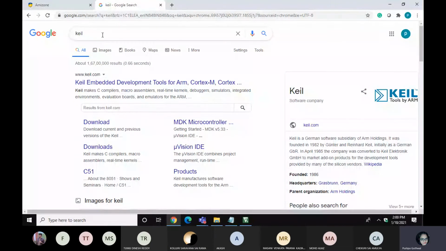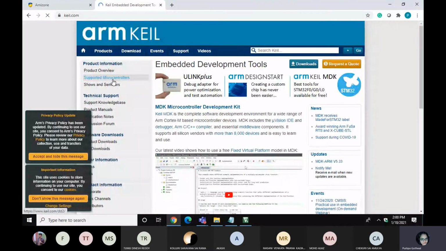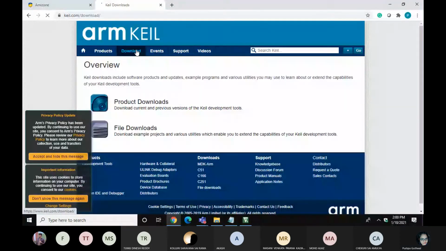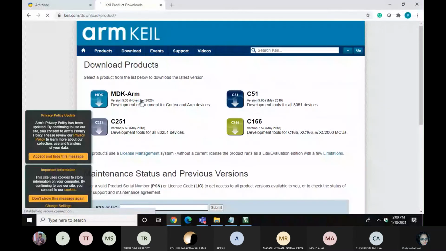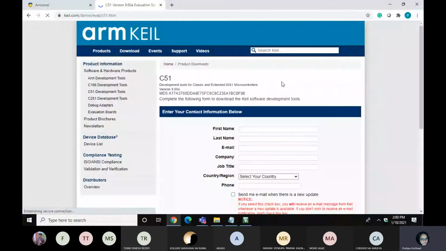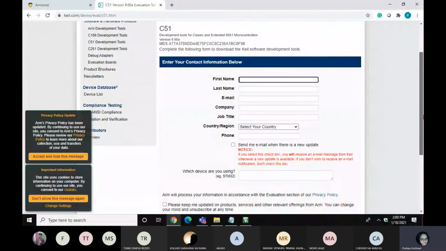Okay, so directly type Keil on Google, then go to the website, and here go to the download, product download. Here you have to install this particular C51 compiler. You have to fill in some information about yourself, your name and everything.